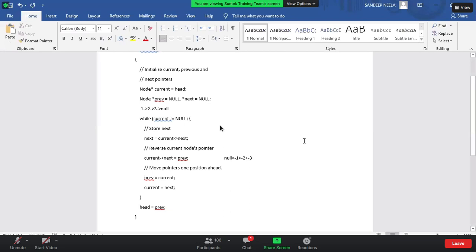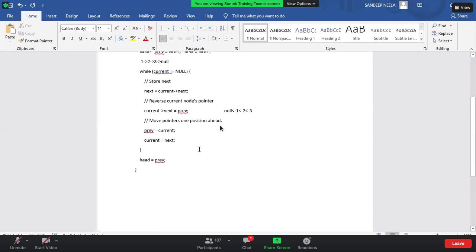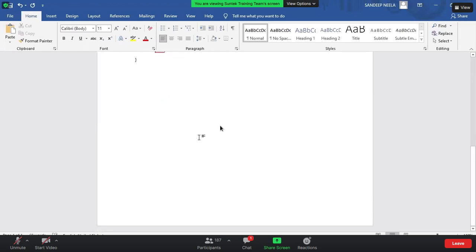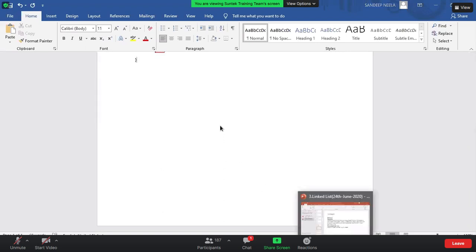So Rahul, didn't you understand, or do you want me to execute it? If you understood, you can try it on your own, right? Or do you still want to execute and see the result? Okay. Because here the code is clear. We are doing nothing, just iterating through the loop and pointing in reverse order. That's it. Just give it a try. If you still didn't get it, ask me tomorrow. I will definitely execute it in front of you in debug mode so that you will understand very clearly. Okay. This is about this question.